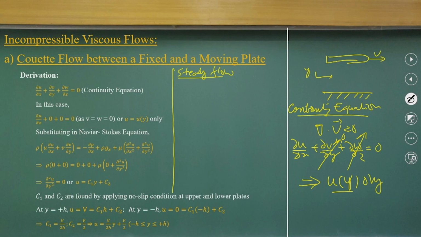Writing the Navier-Stokes equations in the x direction, neglecting some components because of steady flow, you get rho u del u by del x plus v del u by del y. The z component I am not writing because it has no functions, minus del p by del x plus rho g x plus mu times